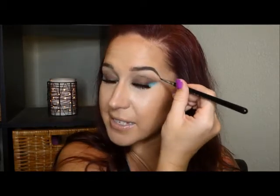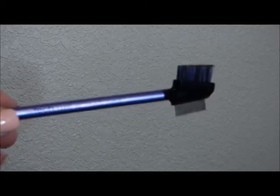Now if you want it to look a little bit more dramatic, you can always extend that tail a little bit longer, and that's okay as long as your eyes don't come really far out, because then basically the corner of your eye is going to meet your eyebrow. But yep, so now that we figured out the shape that we want our eyebrows in,